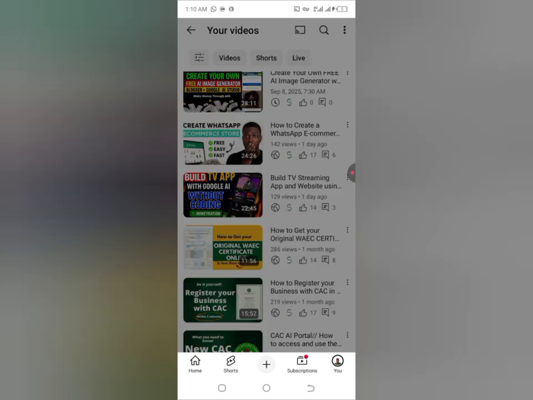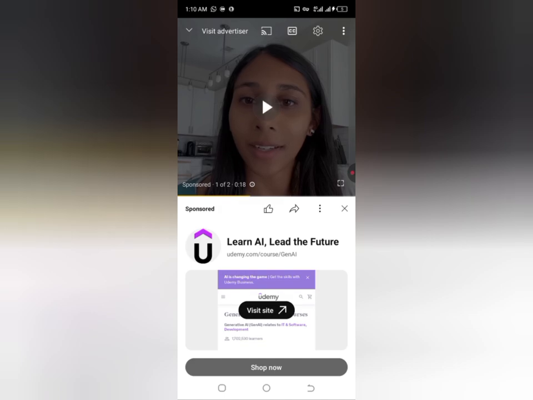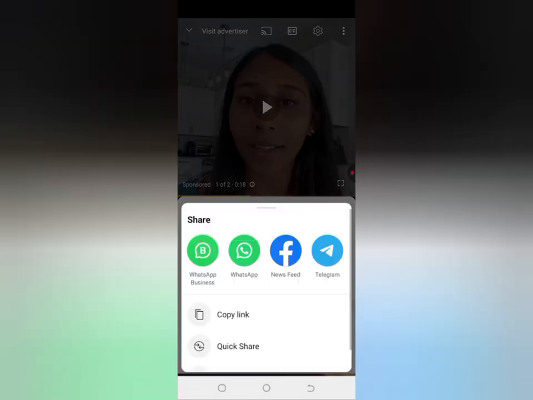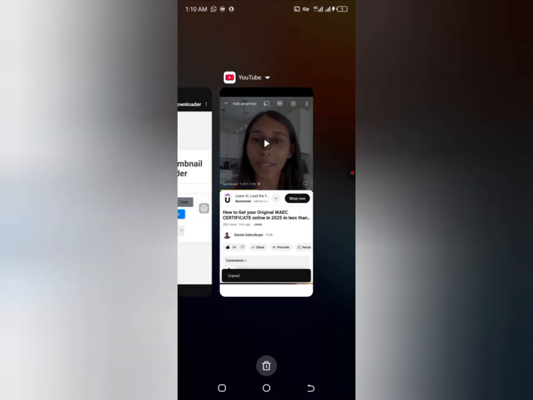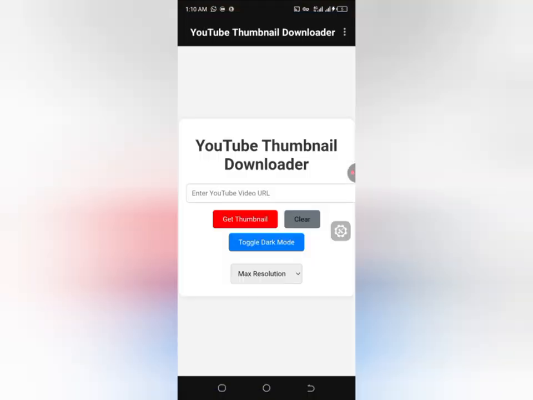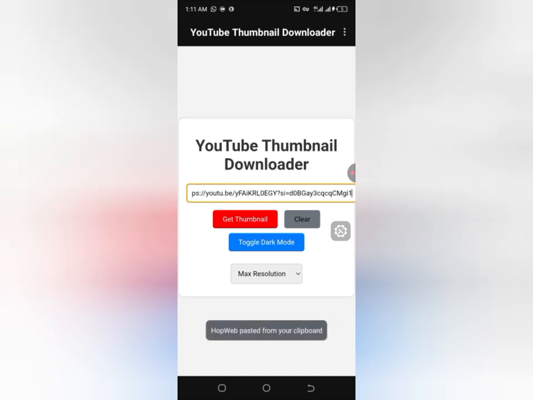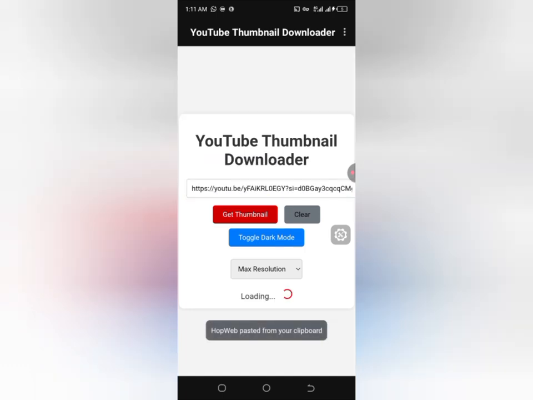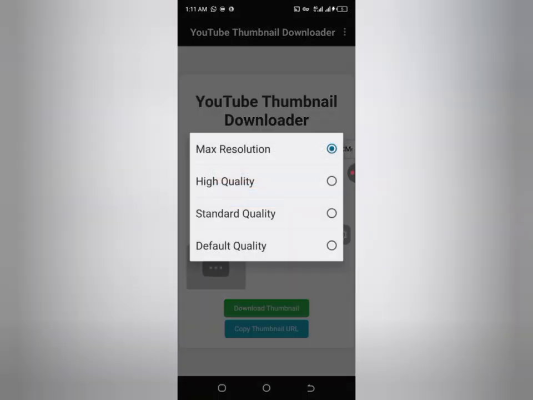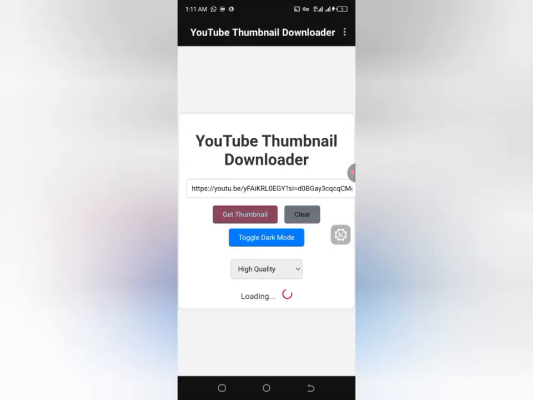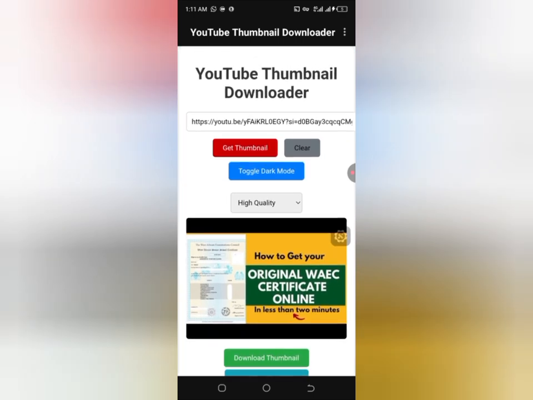Let me just pick any random one. Let me pause this and come to share and copy the link. Then let's come to the application we just created, the YouTube thumbnail downloader. Many people have created something very similar to this, and they are making a lot of money from it. Let's come to high quality, and click on thumbnail again, so you can see this